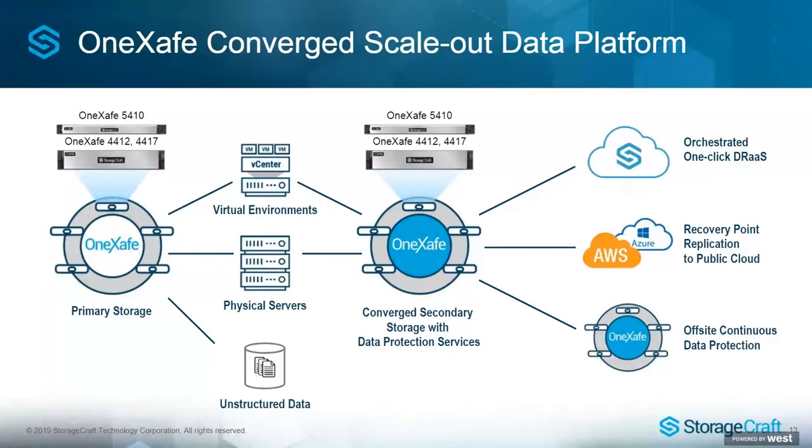That's for the primary storage. If you look in the middle, this is where you can also take advantage of the converged data protection and storage, right? Where OneXafe is providing the SLA-based data protection services for VMware as well as other physical servers. And in all of these cases, depending on how you're protecting it, you can remotely replicate to another OneXafe cluster on the right-hand side of the slide,